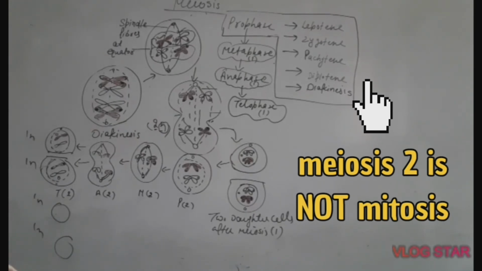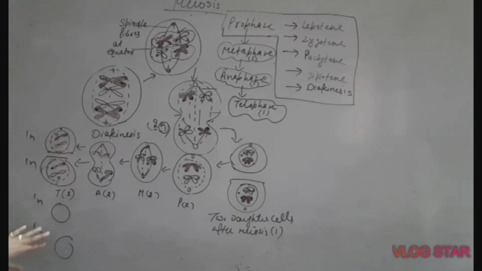And another difference is daughter cells. 4 daughter cells, like I have formed here. The daughter cells which are formed by meiosis 2 are not similar to each other. Neither are they similar to their parents. You can see they are not the same as their parents. They are dissimilar because they receive separate chromatids of separate chromosomes. 2 differences we have discussed, why meiosis 2 is not mitosis. First, it takes place in haploid cells, and second, the daughter cells formed by meiosis 2 are 4 and they are not similar.